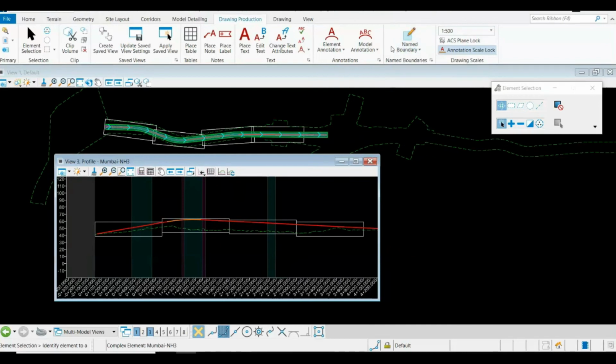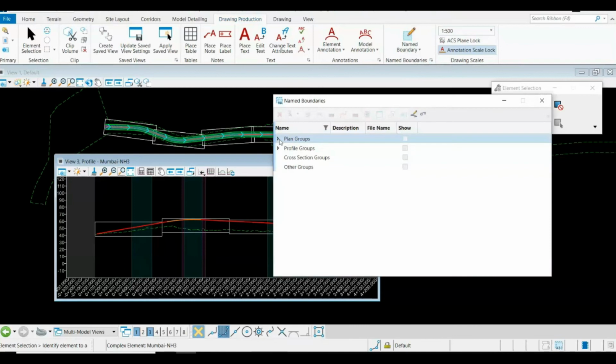There is a name boundary dialog box right over here, just below it. You need to click over it, and within this dialog box, you can see there are 2 drop-down icons available in front of my plan as well as profile groups. These drop-down icons confirm that yes, I have created my plan and profile.